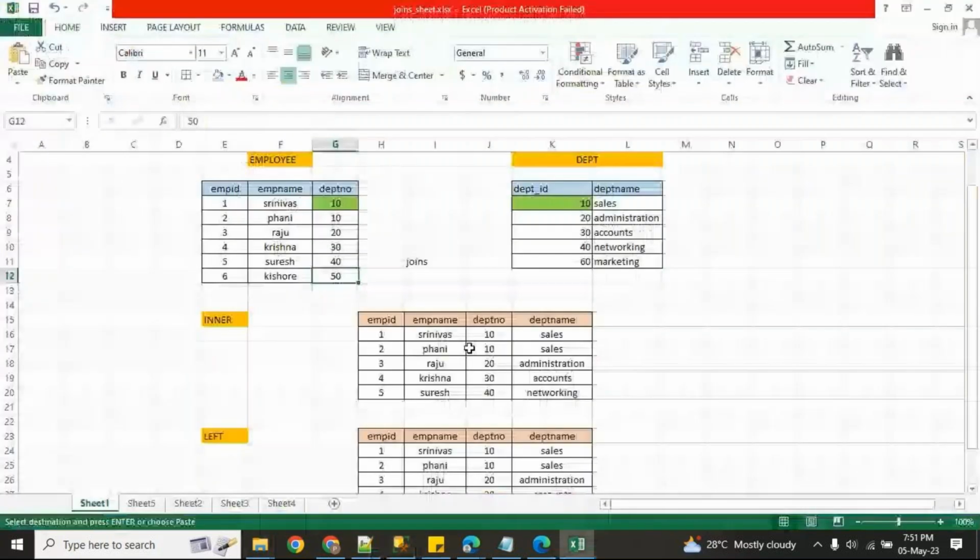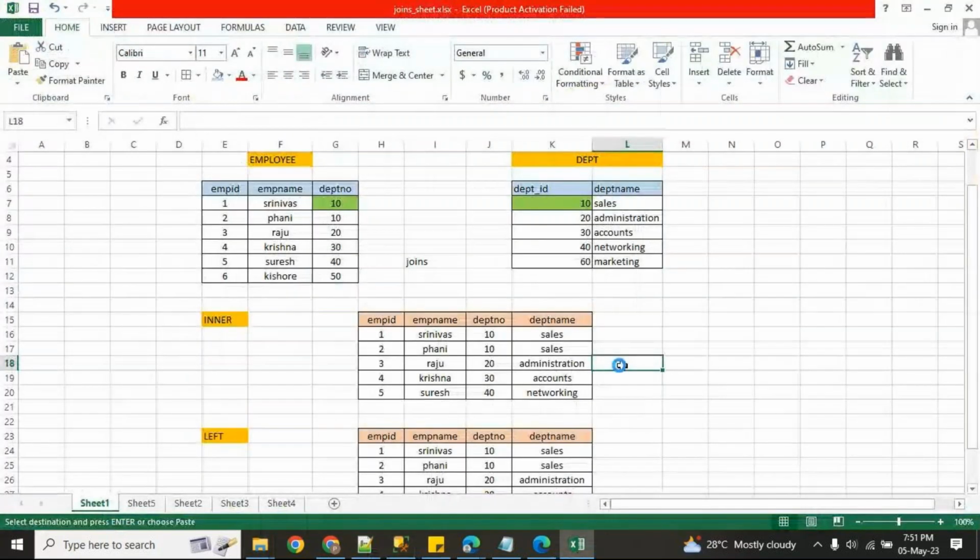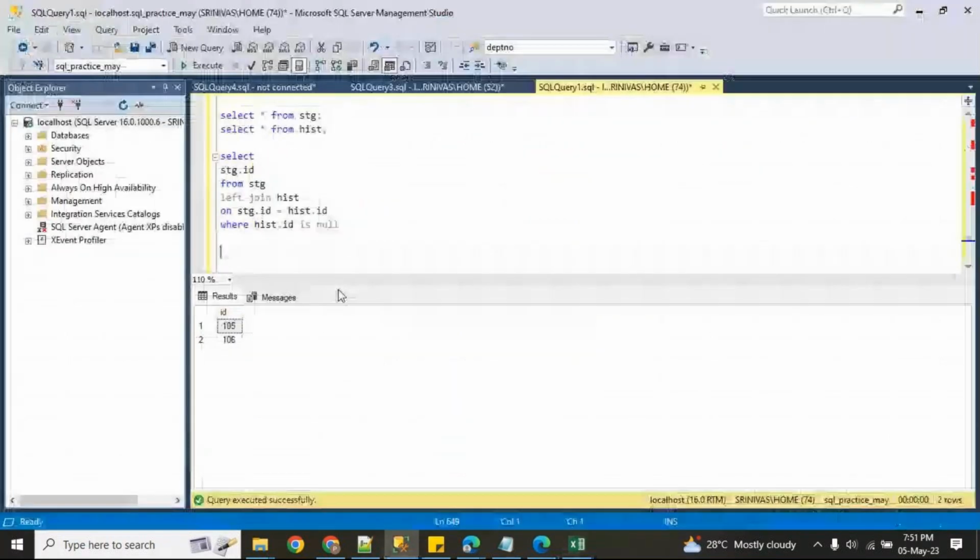Now, which table is to be considered as the left table, table 1 or table 2? That is the way you write it. In this case, I have written STG as the left table, so on the left side I will get all the records.